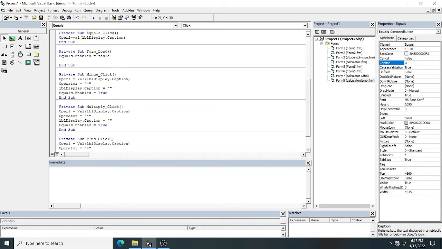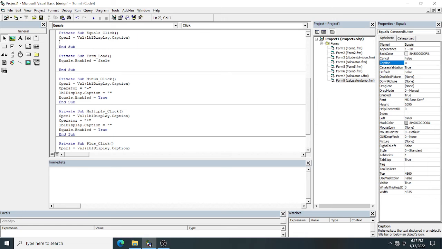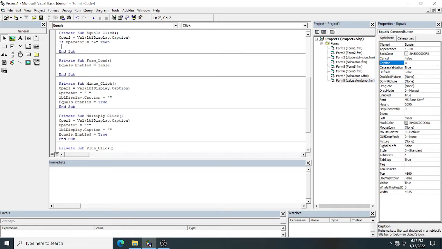After pressing the operator, you will type again on the digit. After you get one number, you have to store it in operand 2. Okay, after that what I will do, and this time I will say if operator equal to plus, then what is my output variable?